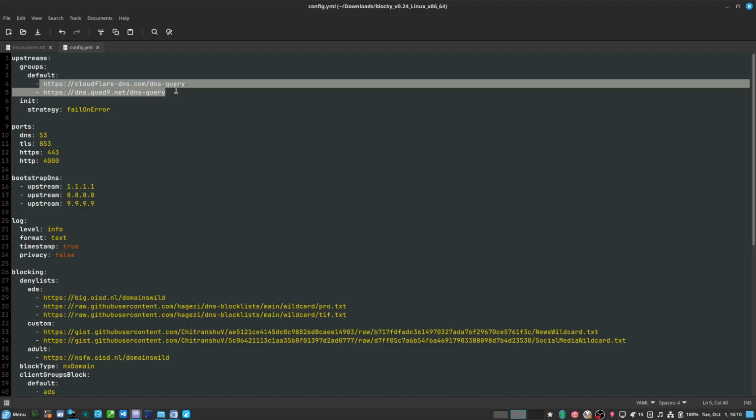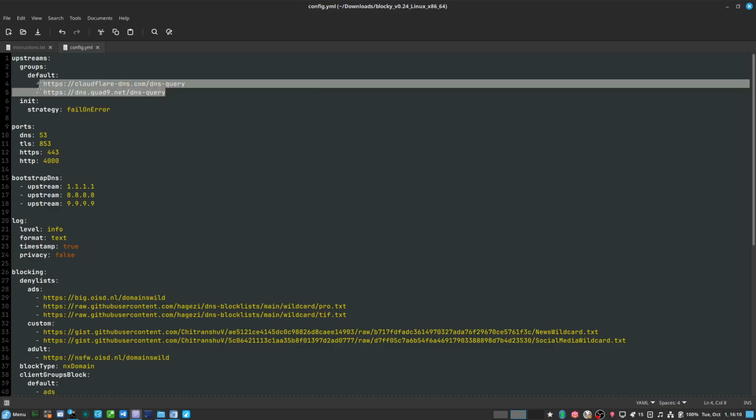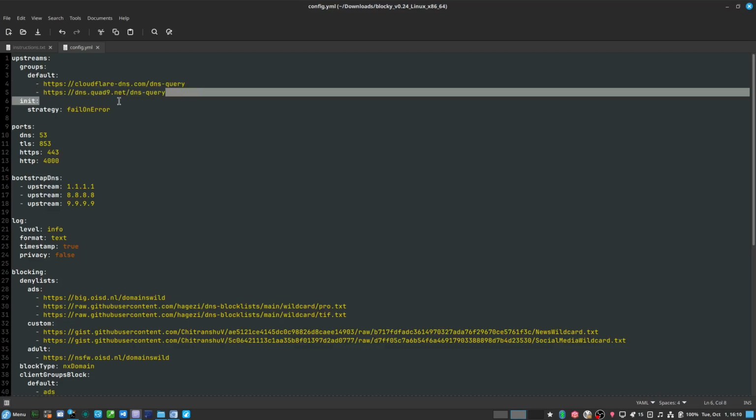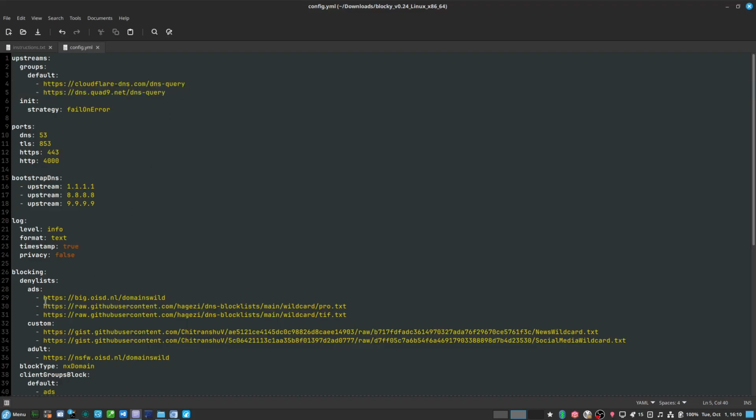Google also has its own DNS resolution server, but I just find these to be the most fast and most privacy respecting, malware protecting DNS servers. Even I think Cloudflare is not exactly very malware protecting, but given that we are loaded up with all these threat protection lists,